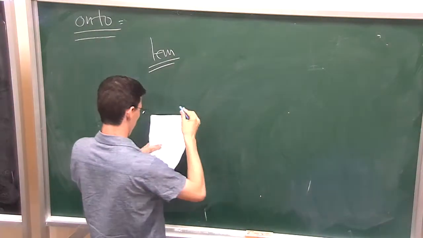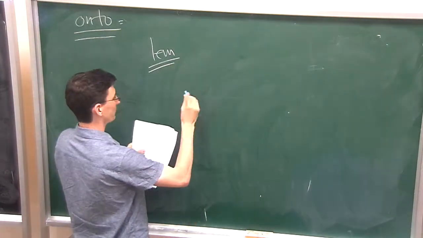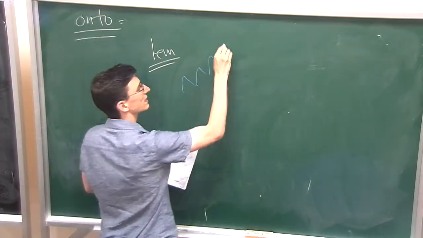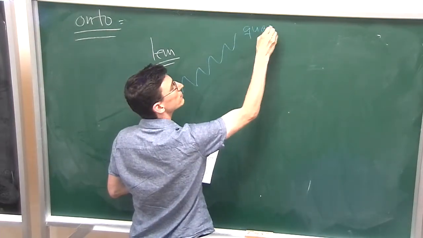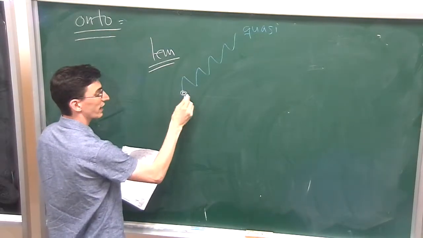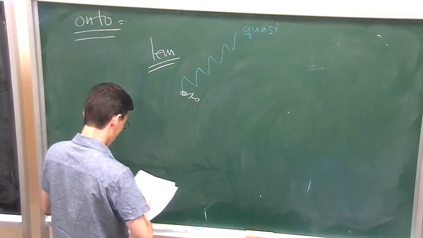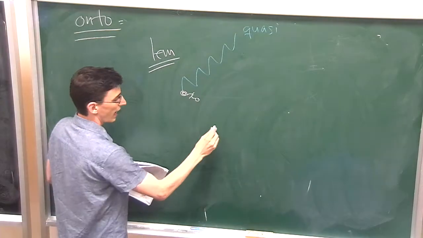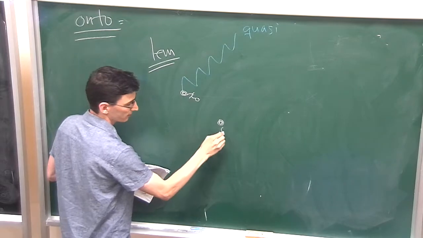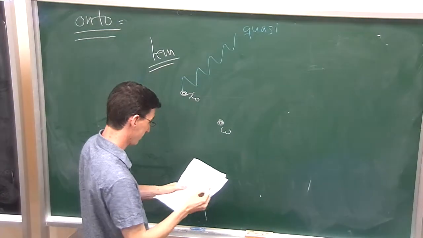So, okay, here's the picture. You have some quasi thing, and it's starting at some base point. But I have my preferred base point over here. So what we're going to do is we're going to say this picture